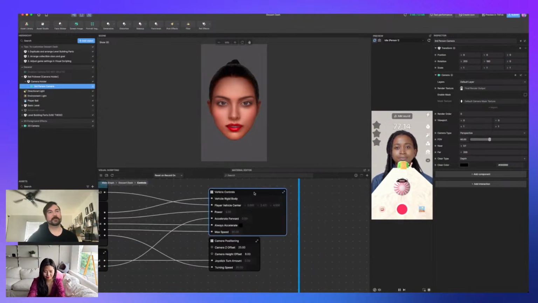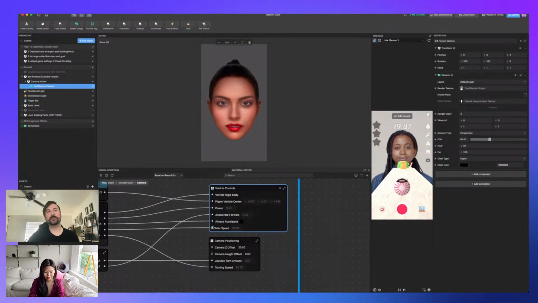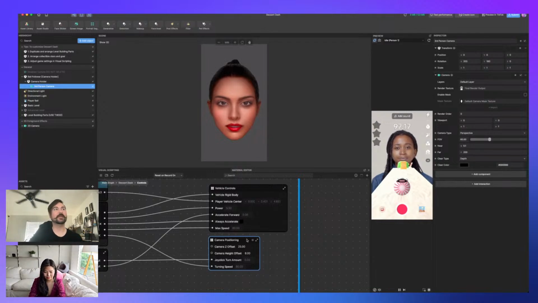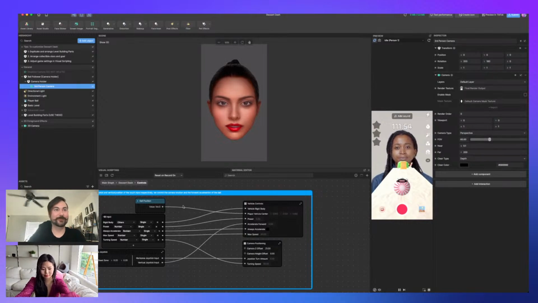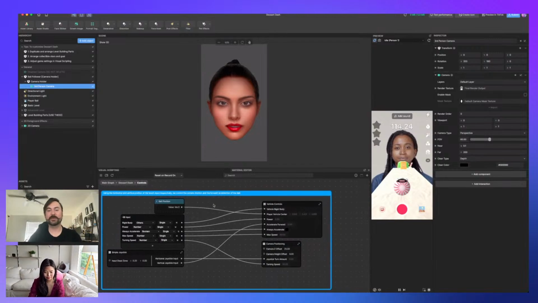And then you have the vehicle controls subgraph, which basically will allow you to tell it to accelerate forward, set a max speed, and set how fast it'll accelerate, and then the camera positioning will be how it turns. It'll basically always be trying to roll towards the direction that the camera's facing. So this is great if you want a full package, which honestly I would encourage, because to start from the ground up, there's just so much work that you would put into it before you would be able to start playing with it. This one you can play with. Once you figure out what you want, you can make it.